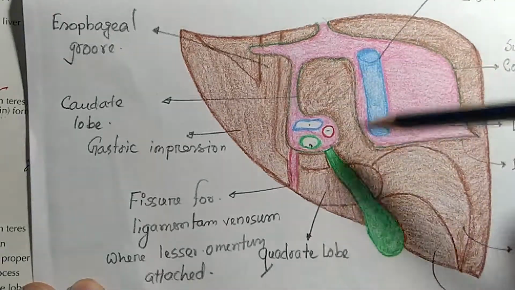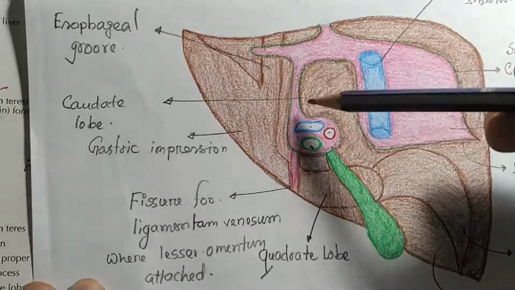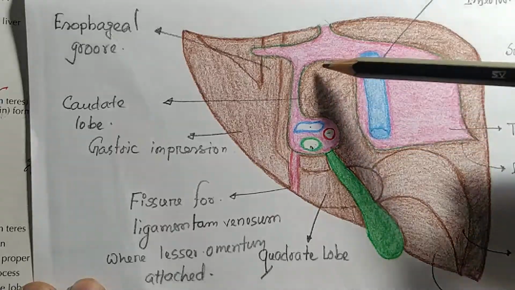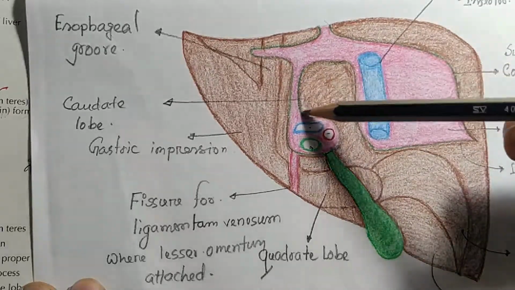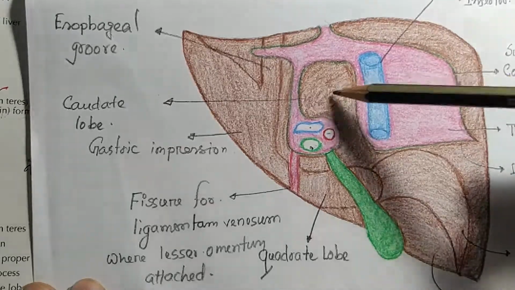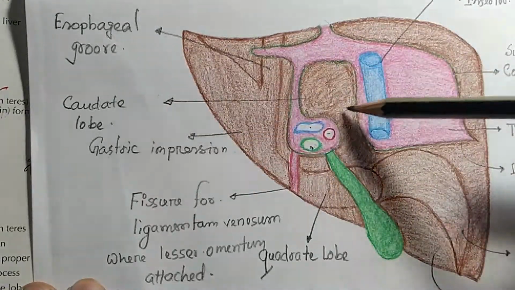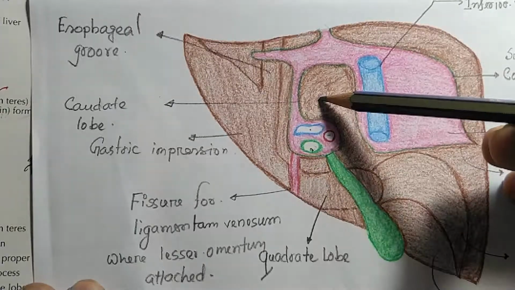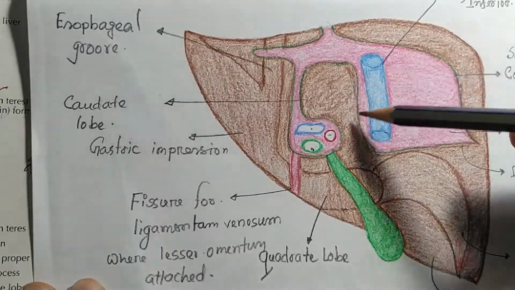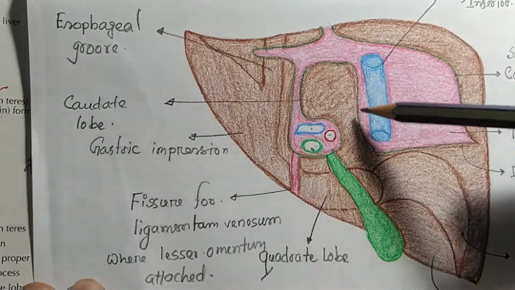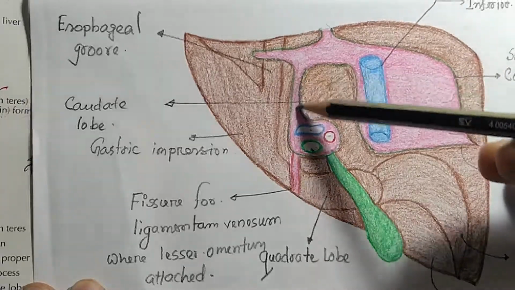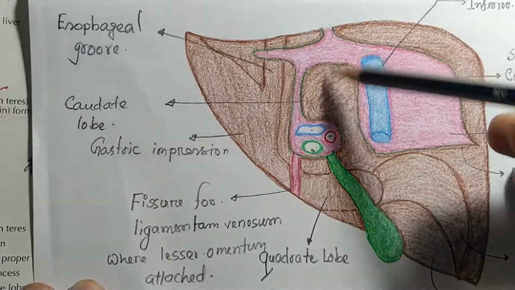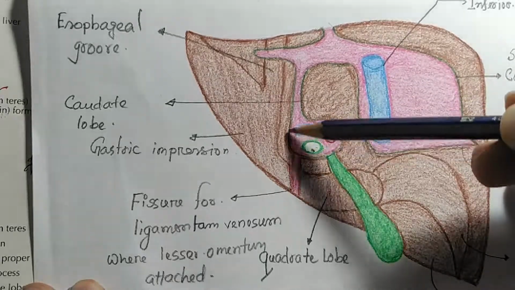So what are the relations surrounding there? This is another accessory lobe, called the caudate lobe. The caudate lobe is very important for MCQs because it is another important lobe which can be seen anatomically. On the right side, the caudate lobe is bordered by the groove of the inferior vena cava. On the left side is the ligamentum venosum. Superiorly is the non-peritoneal area, and inferiorly the portal vein or the portal triad.